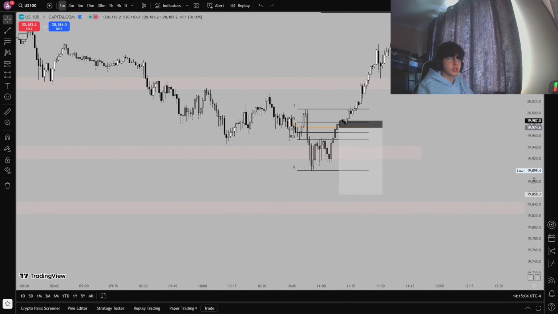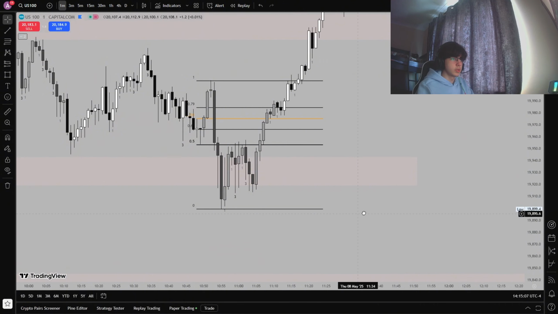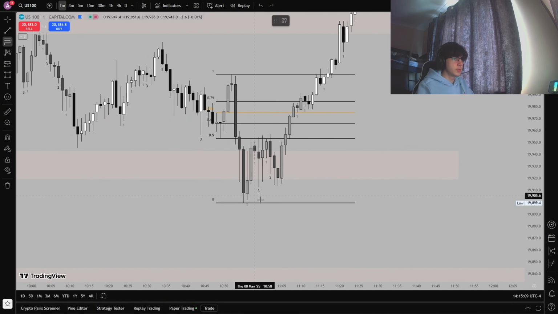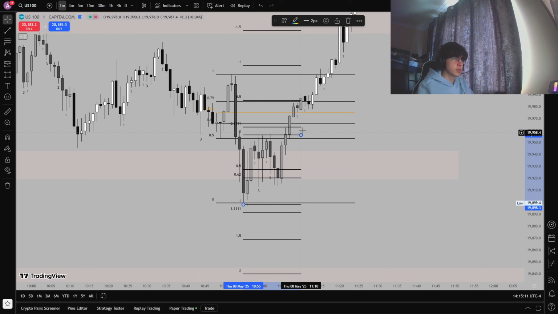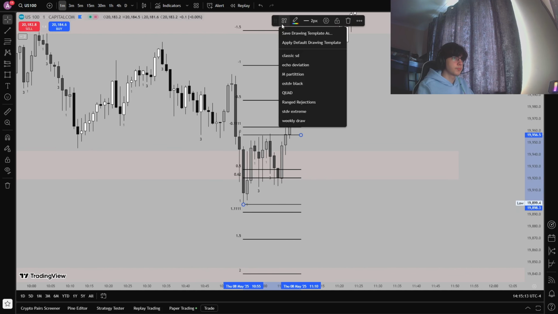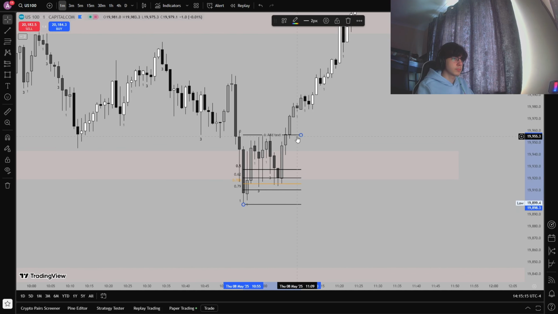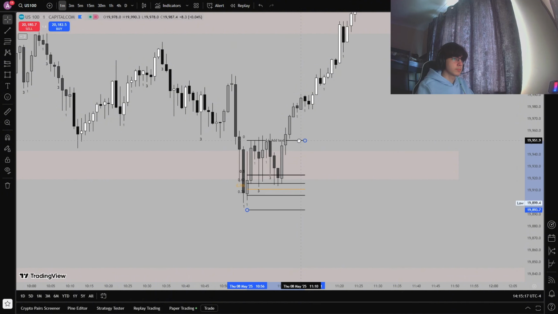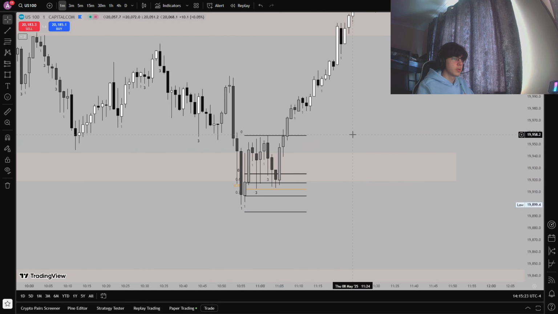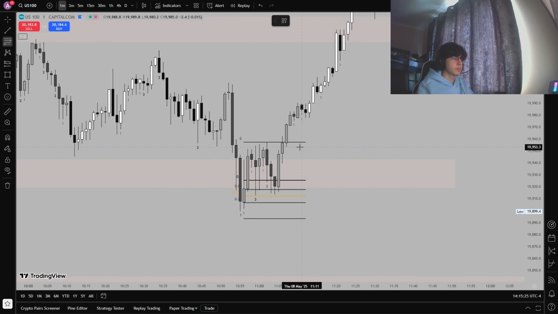So the entry that I should have taken was when we touched into OTE of this range here. Let me just remove this. OTE of this range, or OTE of here, aligned with my standard deviation level,